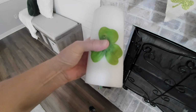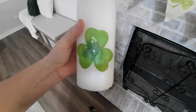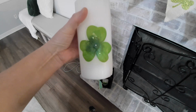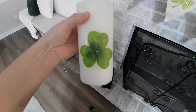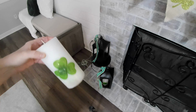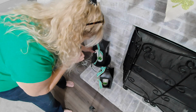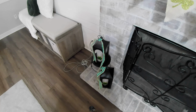So I think that turned out really cute because I didn't have green big candles, and I didn't want to spend money on candles when I have a lot of white candles. So I thought, well, what can I do? I was going to put a ribbon. I just kept thinking, and then I saw the shamrock sitting there, and I thought, oh, I can make that work, and I made it work. So anybody can do that. So that worked out good. And that is pretty much it for